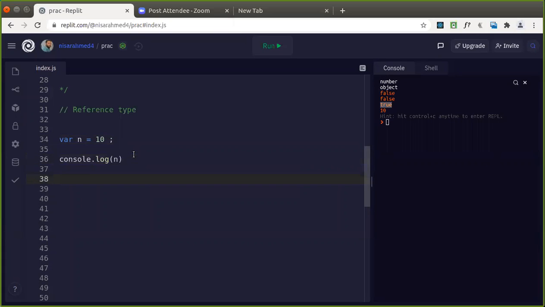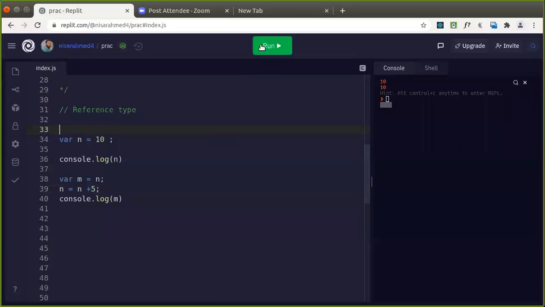Now suppose I assign m the value n, console.log, so what will be the value of m here? It will be 10. Now suppose I make any changes like n equals n plus 5, does that reflect on m? No.